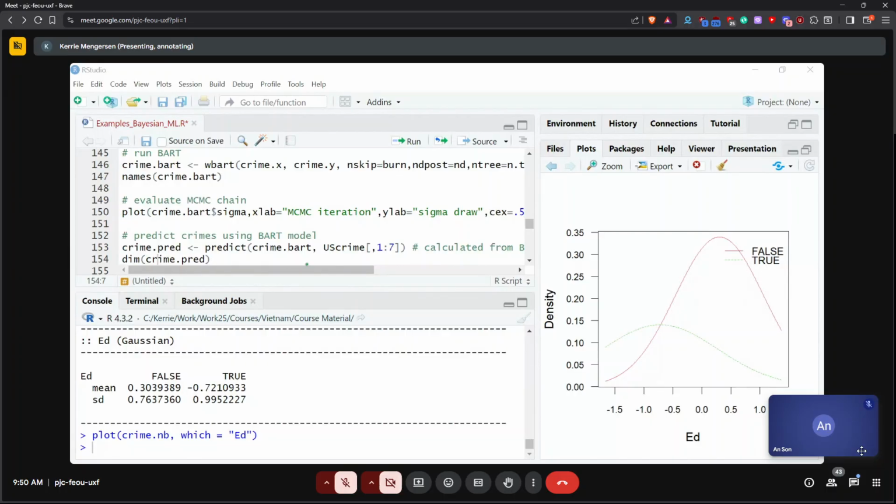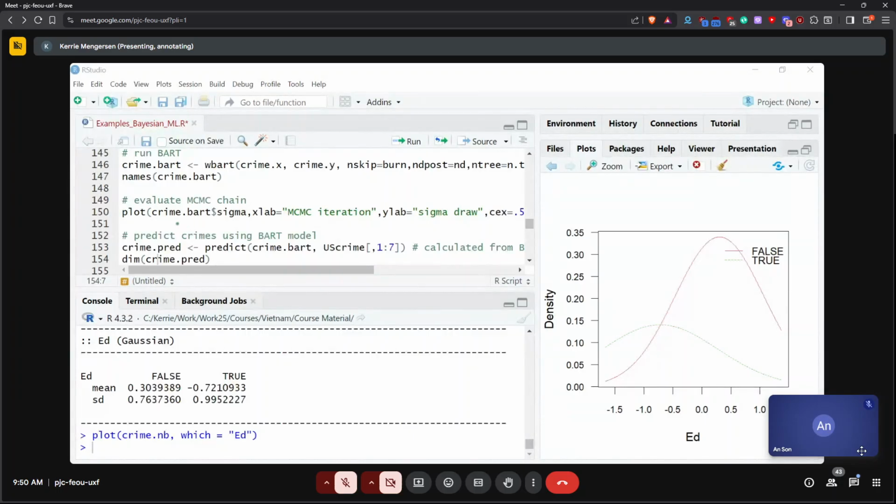So on the screen here, you can see where I've just installed a package called BART, and so installed BART and the library. And then to run BART is exactly the same as the kind of thing that we've seen before. I'm going to use what's called WBART in the package.